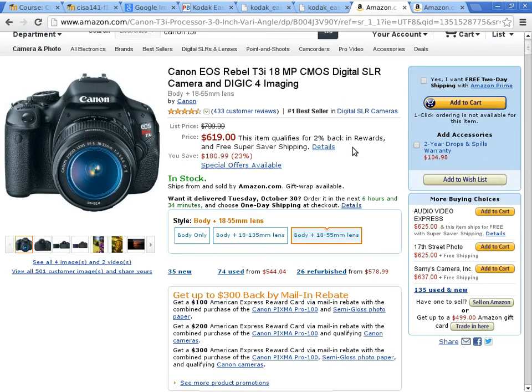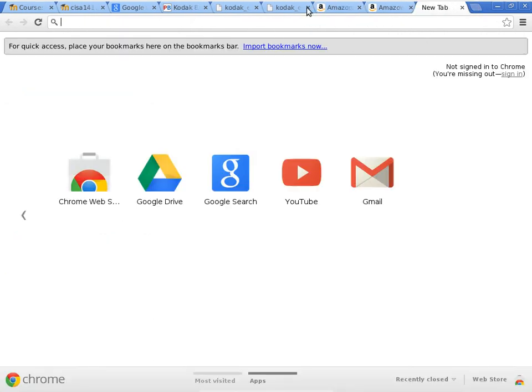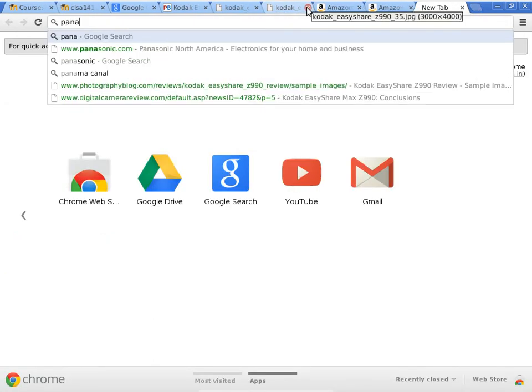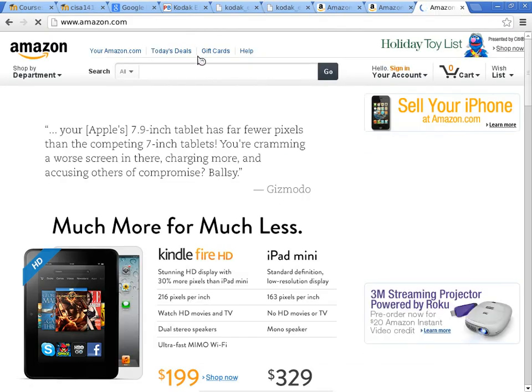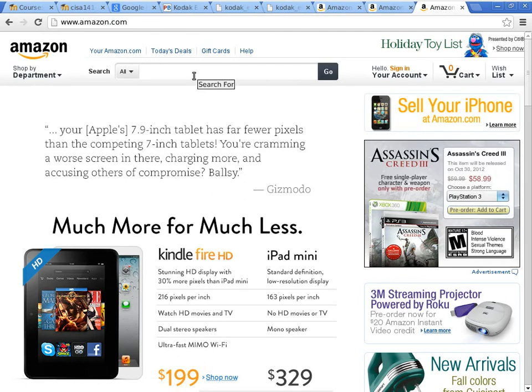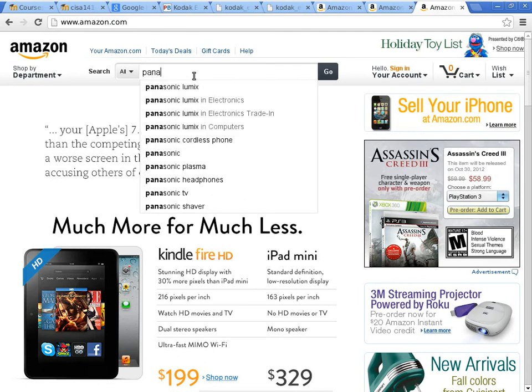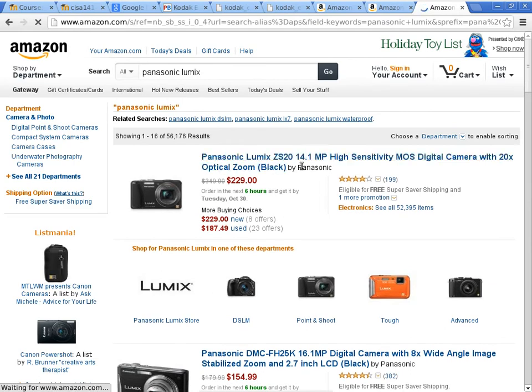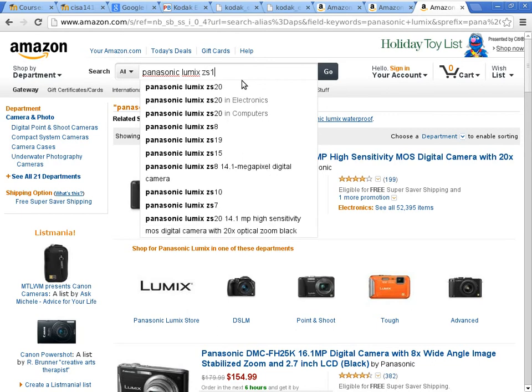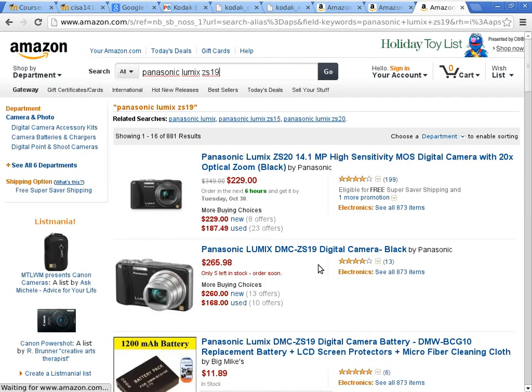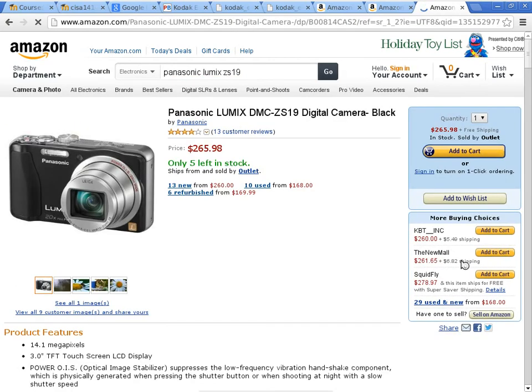Well, what kind of camera does she have? Now, this is by no means any endorsement of Panasonic, but she has a Panasonic camera. I'm just trying to look it up on Amazon.com so you can see. It's a Lumix, and I got it from Costco. It's a ZS19, not the 20. Costco had a deal at the time. It was $250,